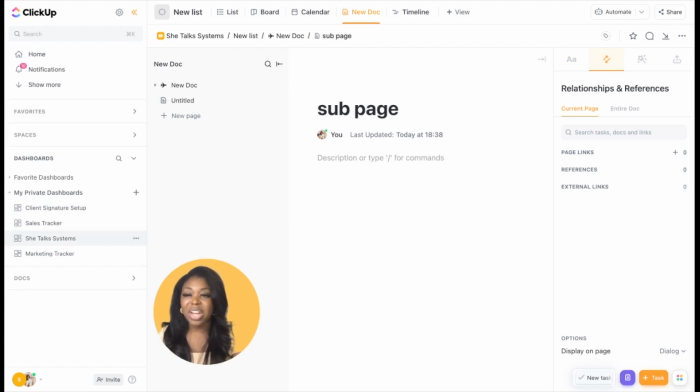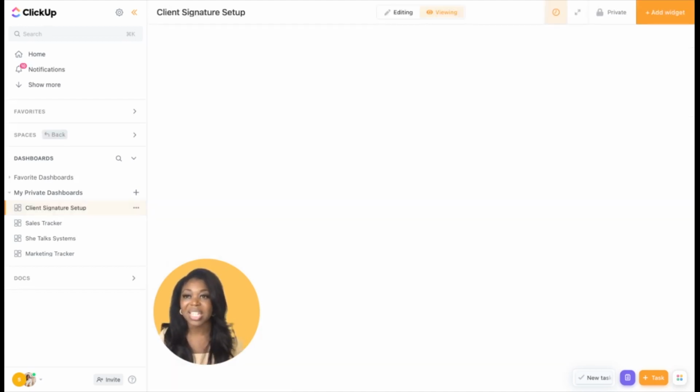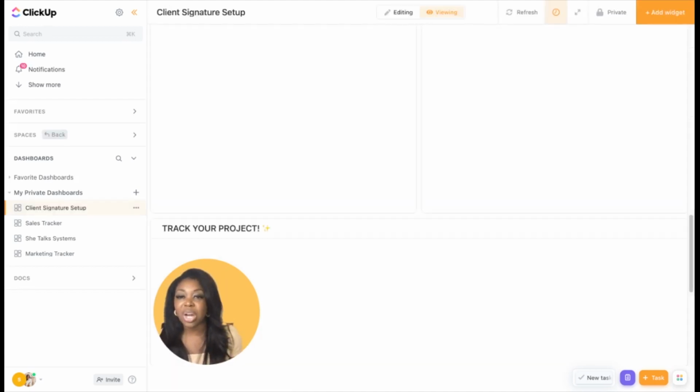I have a few different examples of dashboards inside of my ClickUp. I've got a dashboard for signature setups. This is for our client signature setup. So we can click on that as an example. You might have seen this before in a previous video, so it looks very, very much the same. But this is a dashboard that I will share with my clients when we are working with them on their